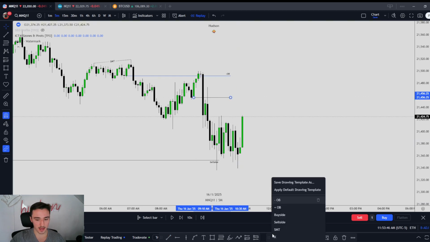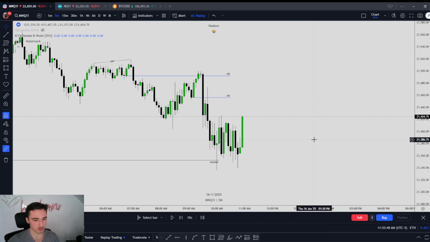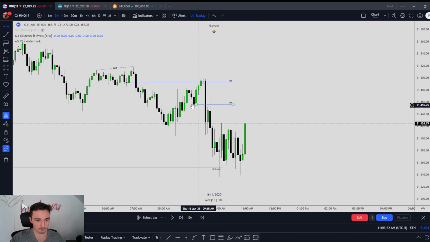So I wanted to see a candle closure below here because this would be our CISD negative order block, whatever you want to call it. And it also forms our bearish breaker, right? So we have a bearish breaker right here. These three down close candles and then these up close candles are our order blocks.